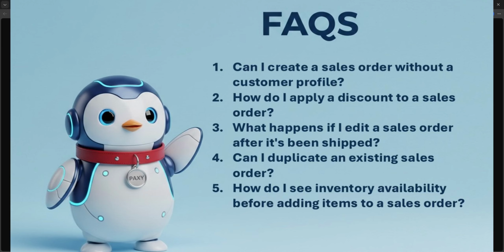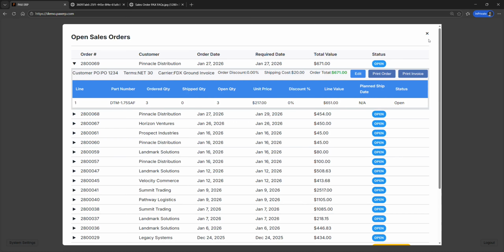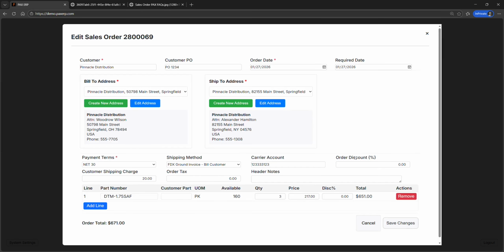The second question is, how do I apply a discount to a sales order? So you can apply order level discounts on the new or edit sales order screens. So I'll go back into this order we made and click Edit. And then this field here is where we can enter the discounts. So let's say they got a 5% discount. And if you keep your eye on the total here, you'll see that when I enter 5, it decreases the